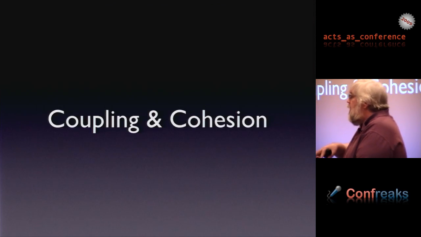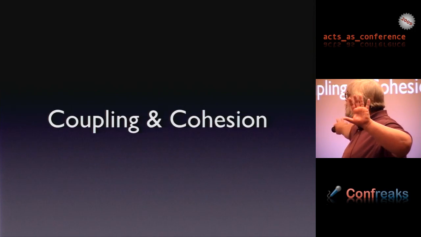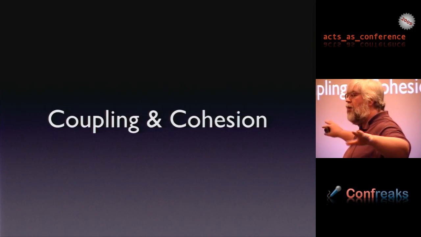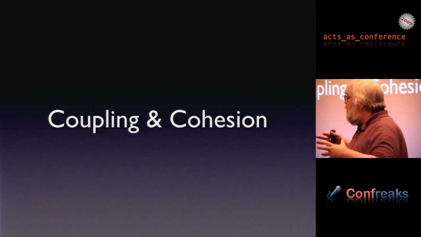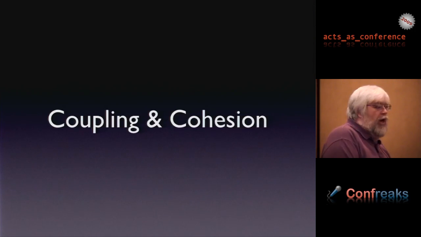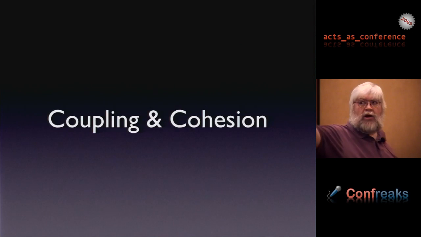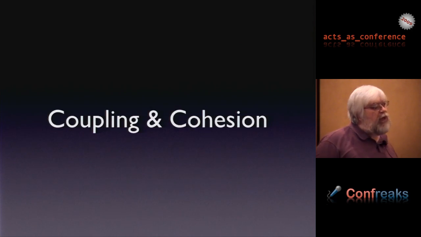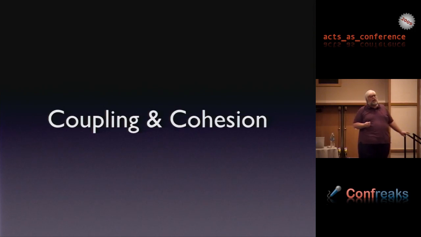Cohesion is how well your software fits together, how related the parts are to each other. Coupling is how different parts of your program relate to each other. You want high cohesion within your modules and low coupling between your modules. I'm not going to talk much about cohesion today, but I want to concentrate on the idea of coupling because I think this book is a start in the right direction.